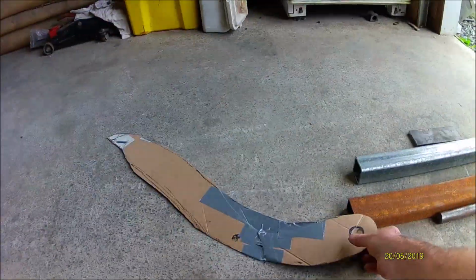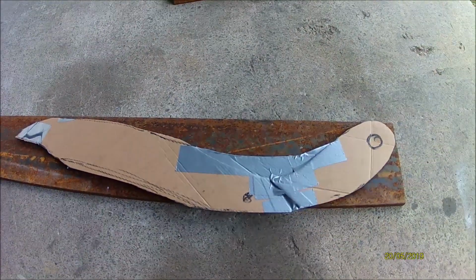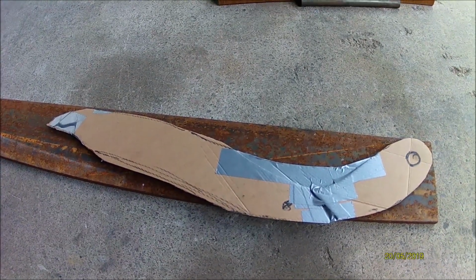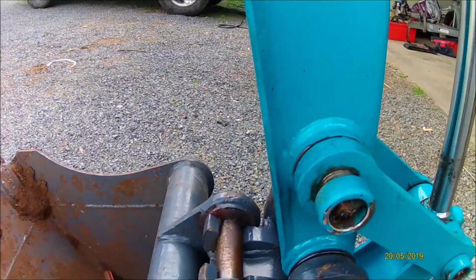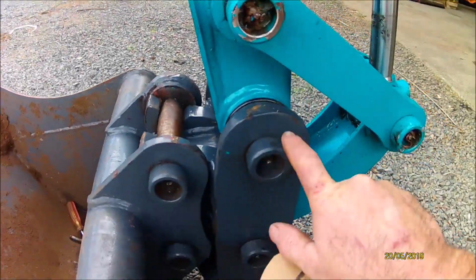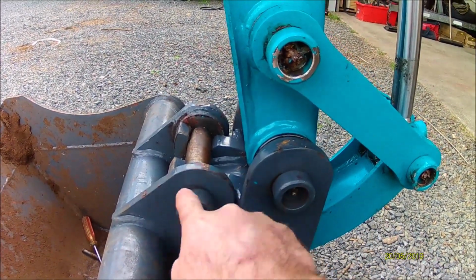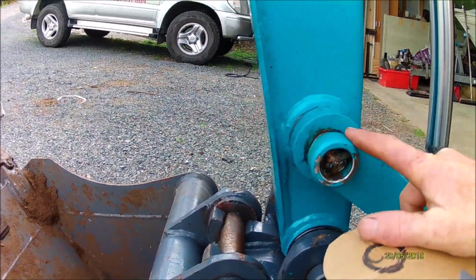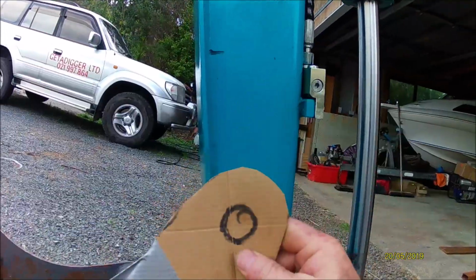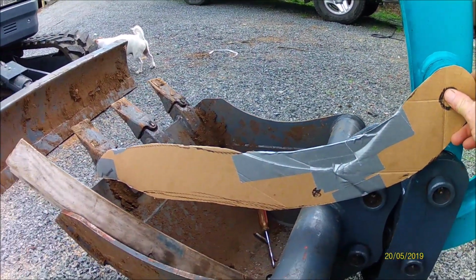and this will be the actual template. I'll rough one out a bit better than that, but that'll be the basics of it, and it'll come in. I just slid this pin out. I was going to take it on this pin, but to clear all of this and this and this and that, it's all going to be quite hard. So I'm going to take it off this pin, which is quite good, but it'll sit like that,